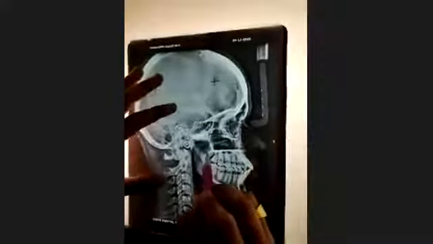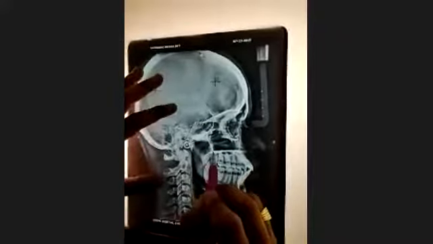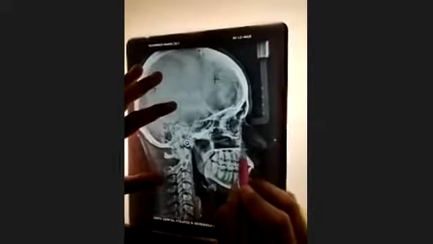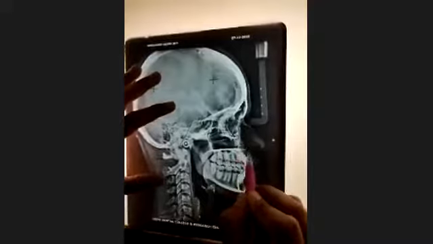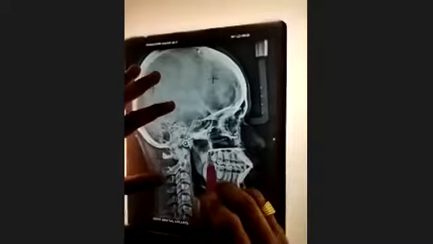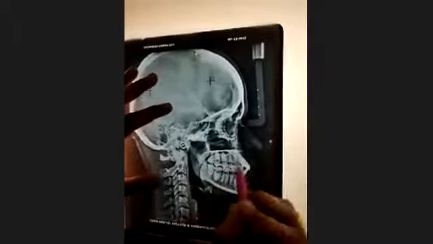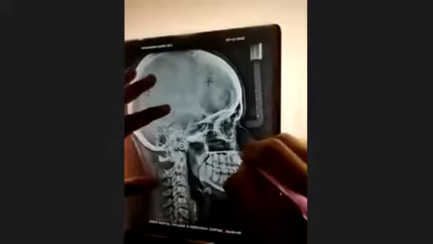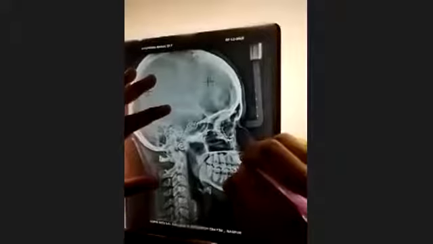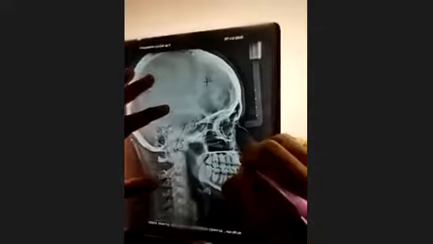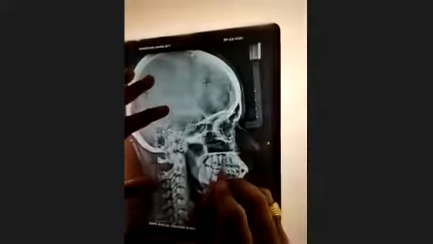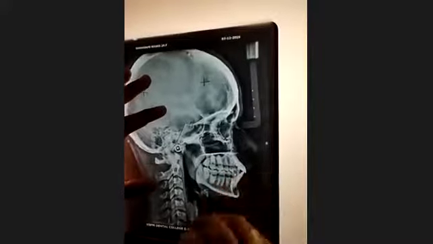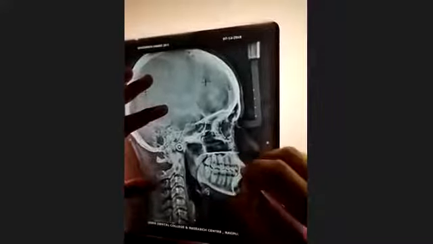Now I will trace the palatal plane. I started from the PNS till the ANS, and then I draw the palatal roof, and this part is a little bit difficult to trace, which is point A. You just have to look for the faint shadow of a slight concavity and trace it. And here you will see a noticeably radiopaque line of the palatal aspect.